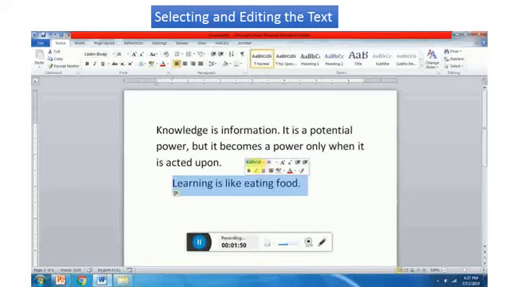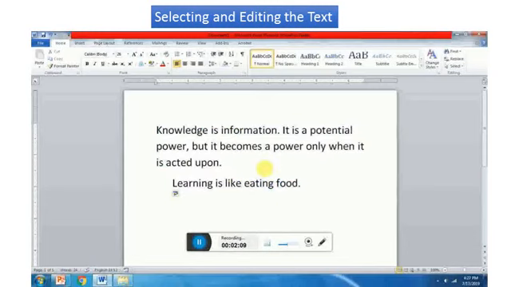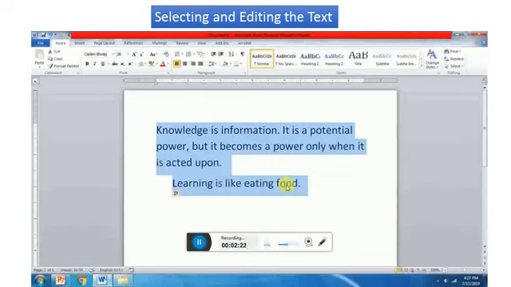When you want to select a large block of text, click at the beginning of the text, then press the Shift key, and without releasing it, click at the end of the text. The whole block will get selected. And to select the entire document, click anywhere on the selection area and, holding down the Control key, triple click on the selection area. See, your whole document is selected. This is all about selecting the text.